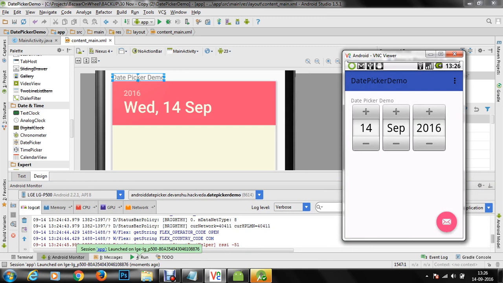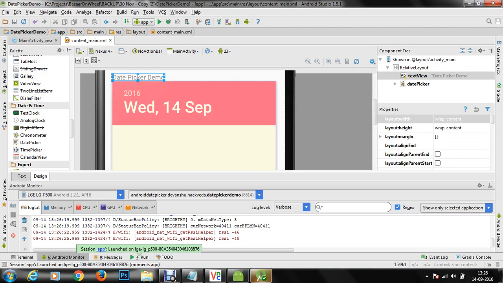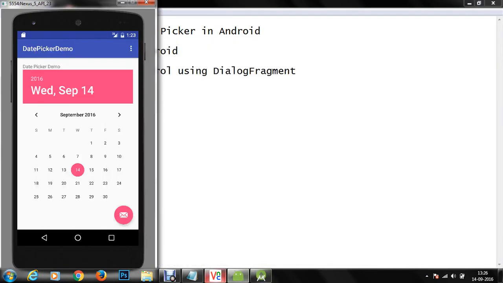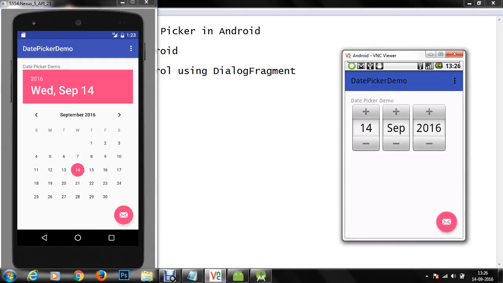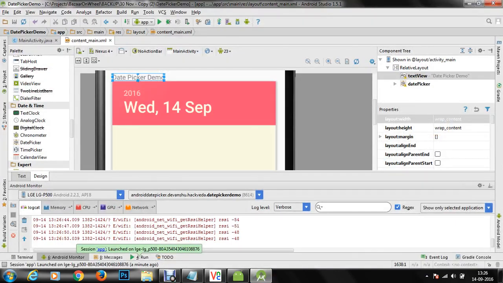So this is how your calendar control looks in earlier versions, and here it looks like this on the new versions, and this is how it looks in the earlier versions. In case you want to see, we can go to 15, 14, 13, 12, and again after 12 it turns to 2020. So this is how the application works. The date picker control works on earlier versions of Android and the new versions of Android as well. So let's quickly get back to the coding, and we'll test a few more things on the date picker control.